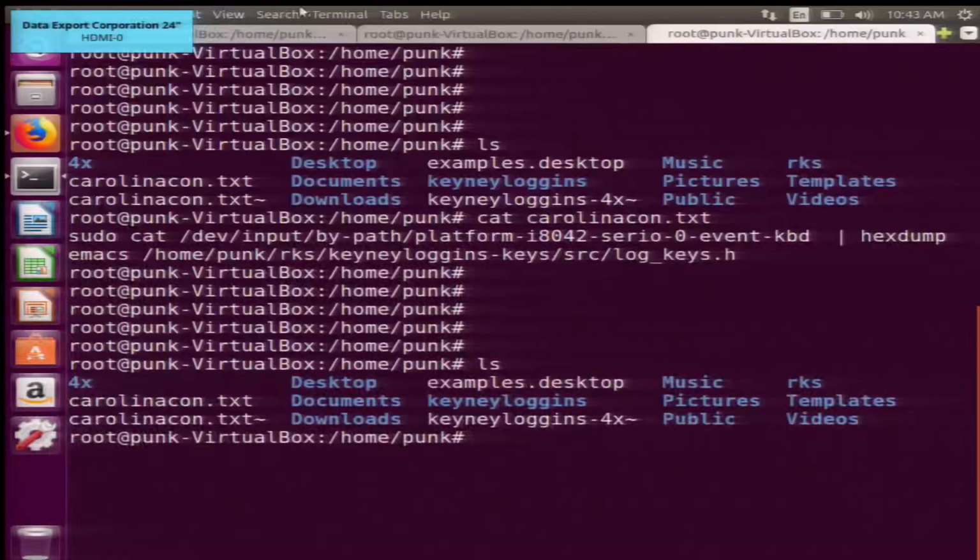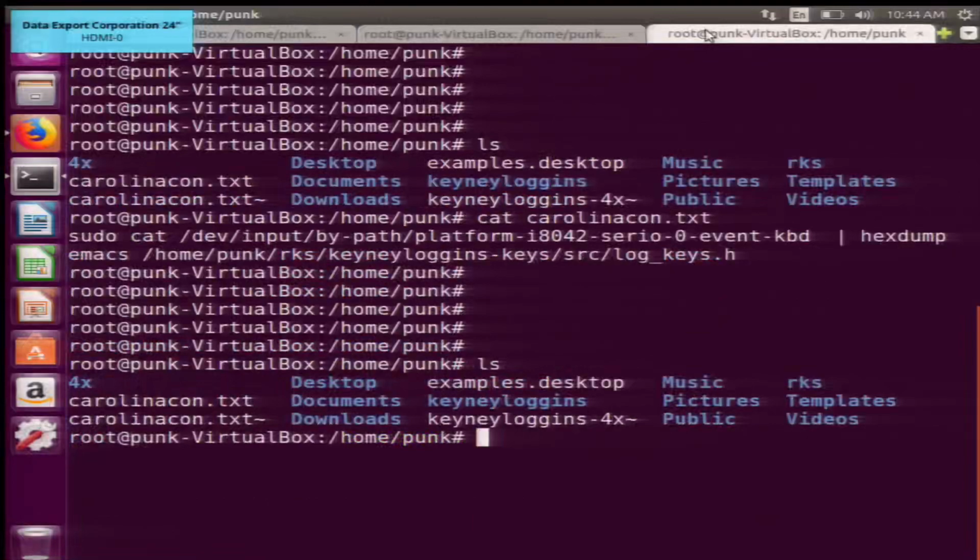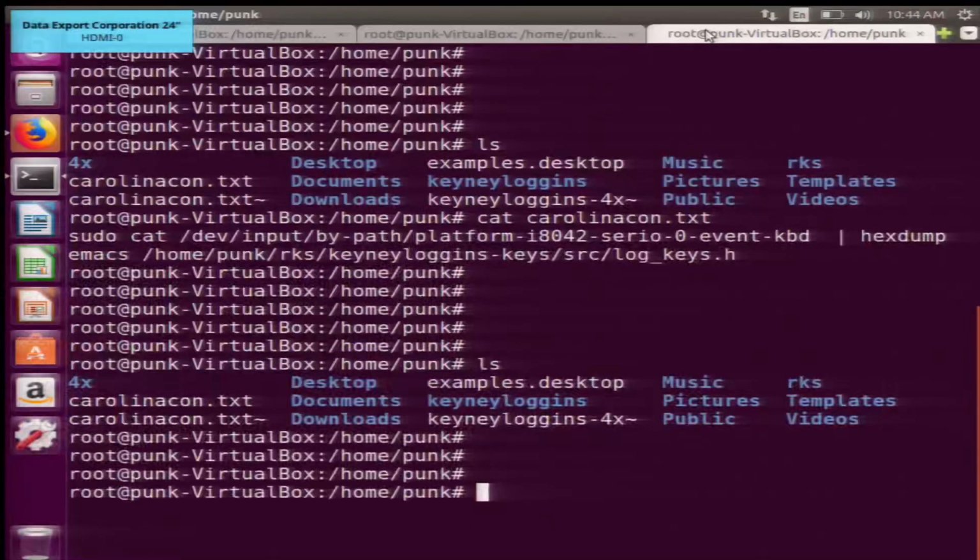So as I showed you before, Kini Logins should be running. Right there. Again, outputting the number 4 for an inexplicable reason. And what I wanted to show you with Kini Logins is, well, actually, first of all, let me show you exactly what it does. And for those of you familiar with Linux, what I'm doing right there, that's actually a perfectly valid name for a directory. It's just a really mean one.